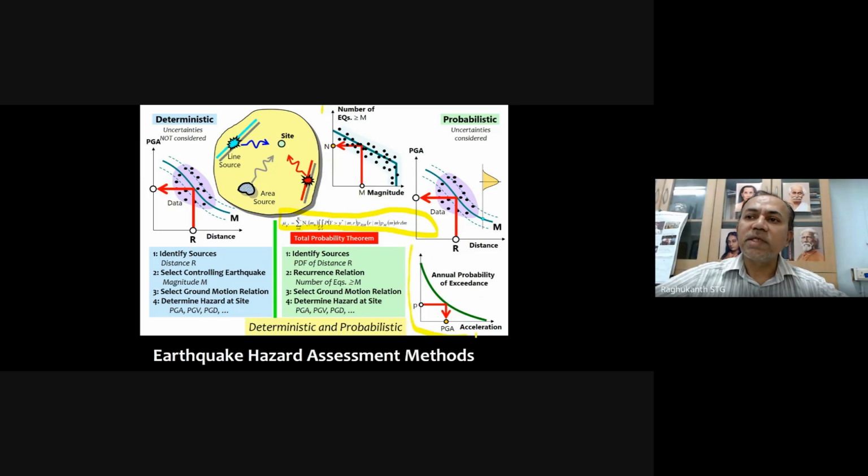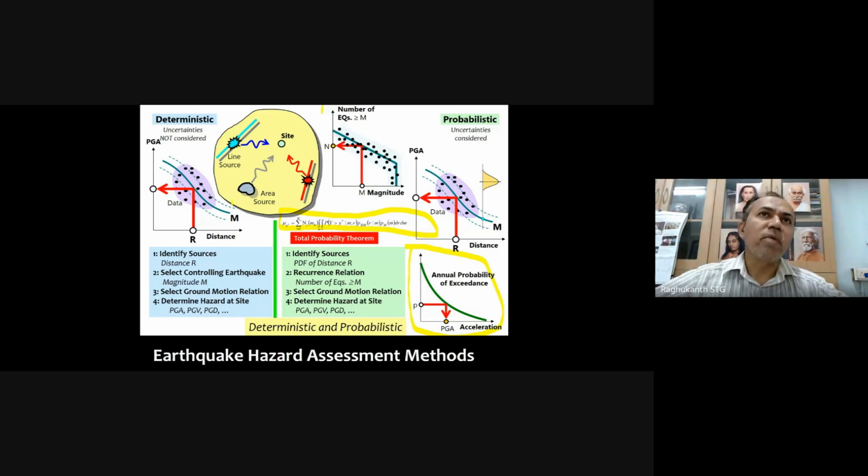The advantage of PSHA is that you get a seismic hazard curve where you can estimate your design values for a variety of return periods. And if you want to do performance based design or seismic risk calculations, this hazard curve is mandatory. Without this, you will not be able to do the seismic risk also. That's what I mentioned previously also. If you want to conduct HVRA studies, hazard, vulnerability, risk atlas, or something, these hazard curves are mandatory.